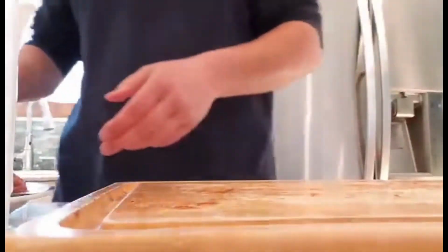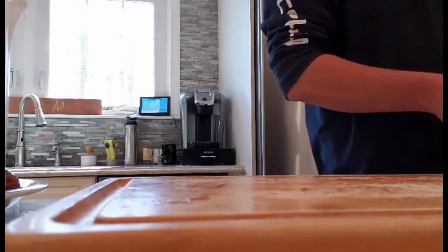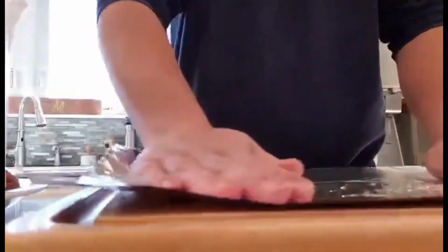So what is happening with them right now is, like I said, we're going to wrap them up in tin foil so they can be cooked a little bit better. Right now, I'll grab a rib here in a minute, but what I'm going to do is get my tin foil here. So what I actually did was, about halfway through the section, I took them out for a split second. And what I did was